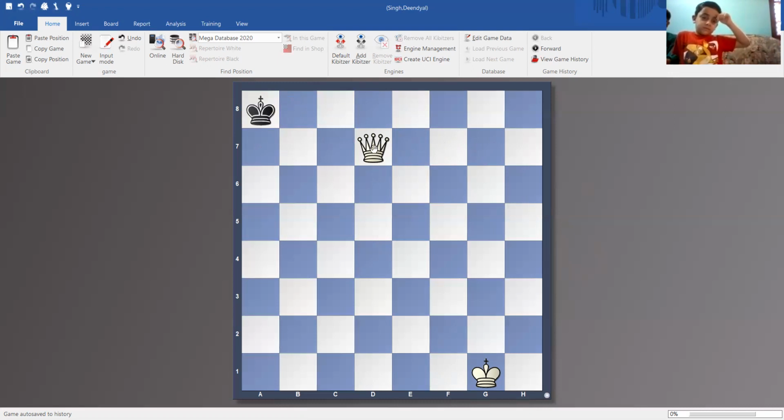But now is the very important position. I need to be careful because if I play queen c7, can you tell me what this position is called? Where will the black king go? Nowhere. If it cannot go anywhere, then what is the result? Who is winning? It is not a checkmate.